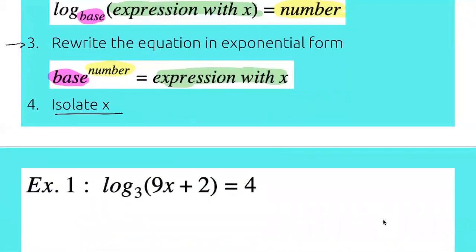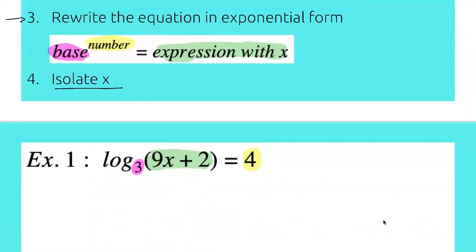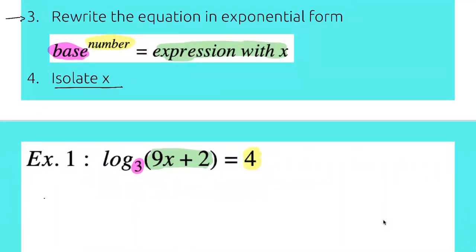So let's color code before we move that slide too much more. My base, my number, and my expression with x, okay? So base, number, expression with x. And when I rewrite that in exponential form, it's gonna be the base raised to the power equals the expression with x,